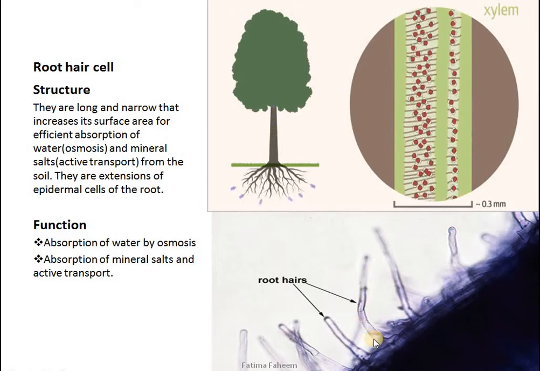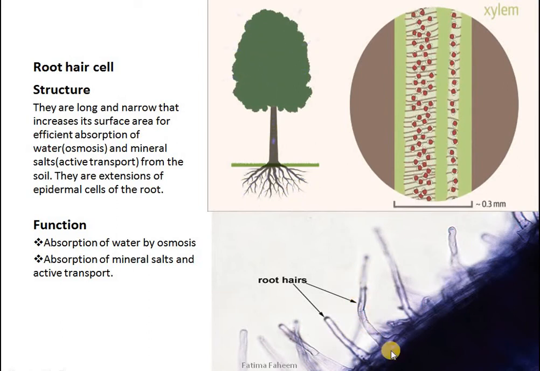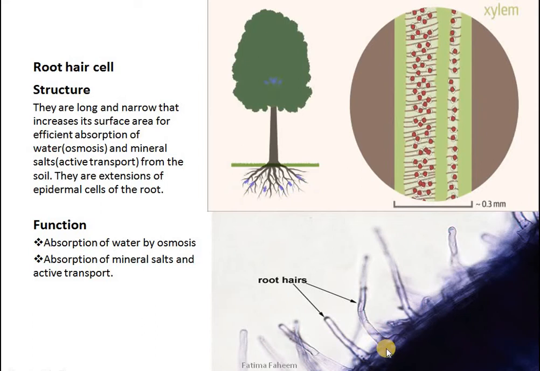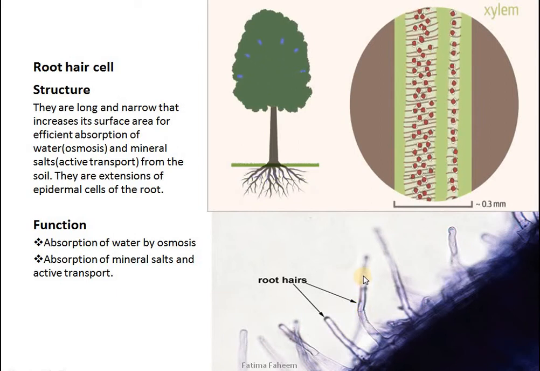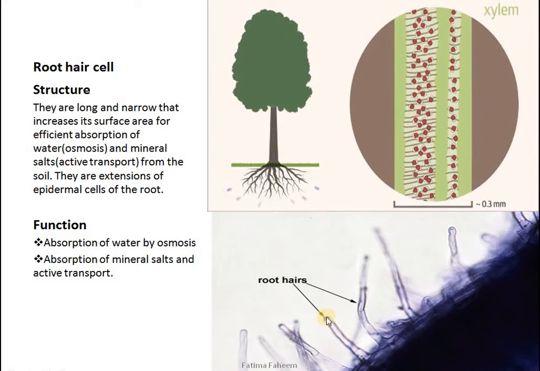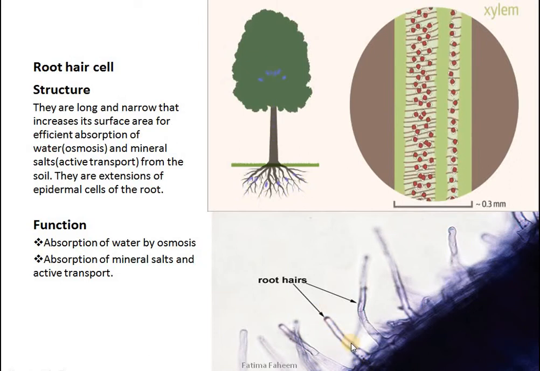If you can see the diagram, the cell is just like any other plant cell in its structure, with the same organelles. It will have cell membrane, cell wall and all other organelles, but there is a slight structural adaptation which is very useful for root hair cells, and that is that it has grown an extension, a protrusion, which is actually increasing the surface area. The more the surface area, the more the absorption of water and ions or mineral salts.